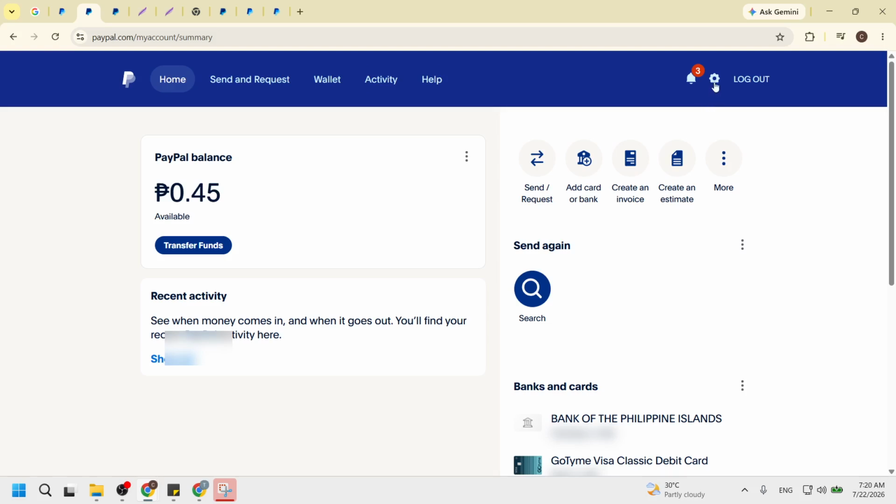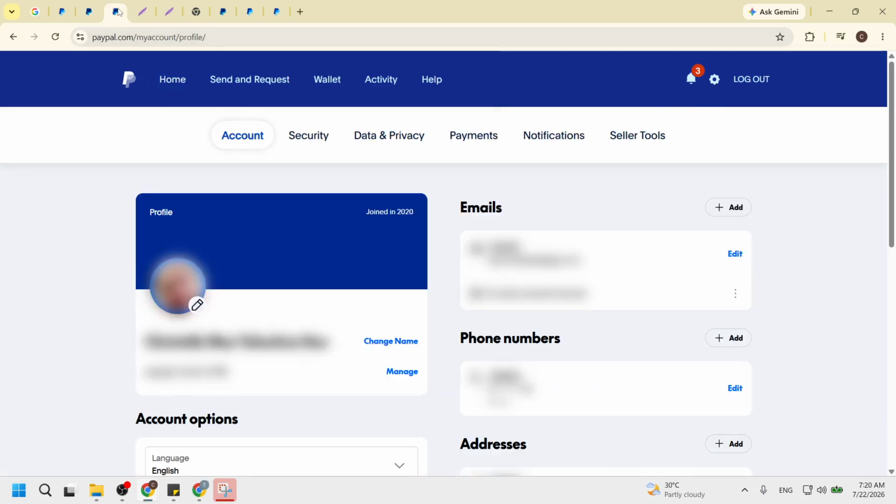Now click the settings gear icon in the top right corner. This icon resembles a small gear and is typically found near your profile picture. Clicking on this icon will take you to your account settings. Here you can manage various aspects of your account, including personal information, security settings, and payment methods. This step is important because it acts as a gateway to all the modifications you want to make regarding your